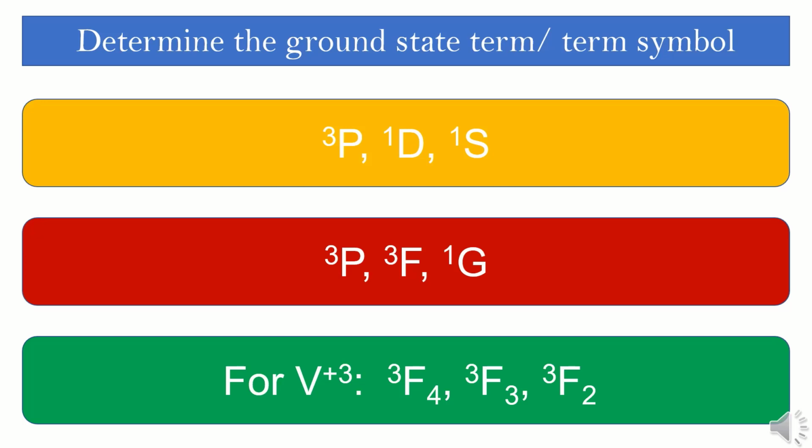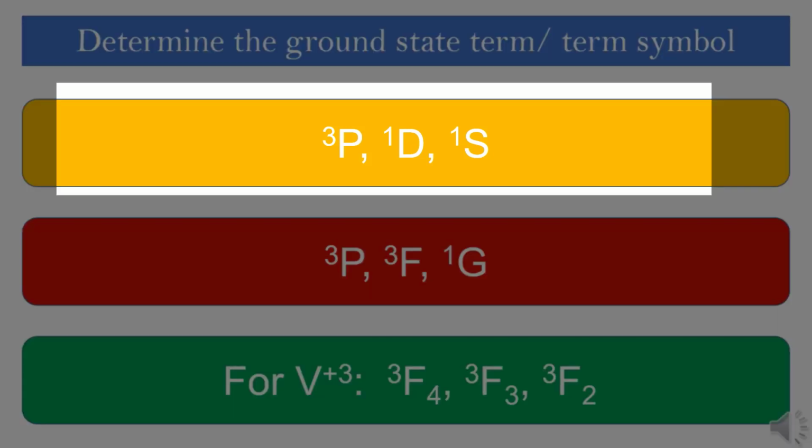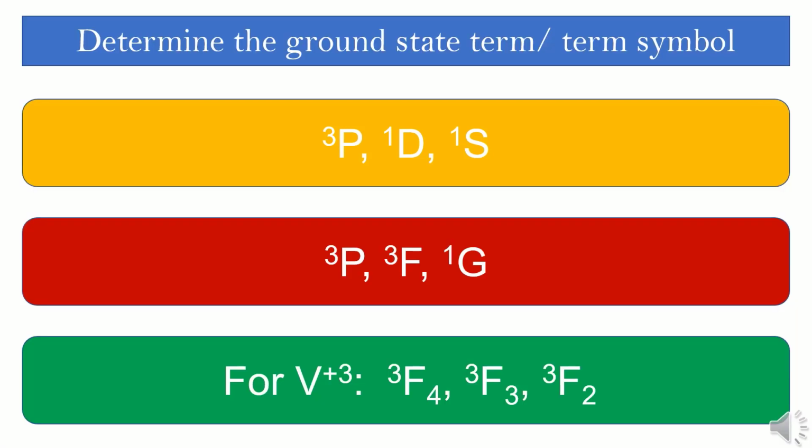Okay, so in the first case, if I ask you whether it is a ground state term or term symbol? Yeah, it is a term because we don't have any J value in it, right? So it is a ground state term. So how to determine the ground state term? We have to go first for the highest spin multiplicity value. Here we can see that the highest value is observed in the 3P. These values are 3, 1 and 1. So 3 is the highest value among all of these. Among these, 3P is the ground state term.